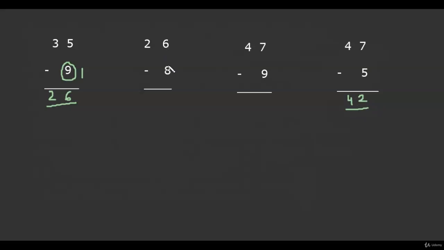In this case, 6 and 8 are a mismatched pair. So instead of writing 2 over here, we will write 1 over here. And instead of subtracting 8 from 6 and borrowing, what we are going to do is write the complement number of 8, that is 2, and we will add 2 to 6. It becomes 18. Now by just observing we can write this mentally.